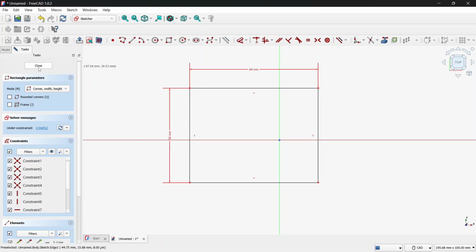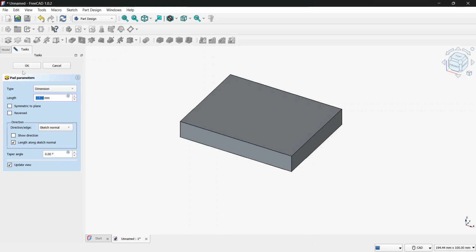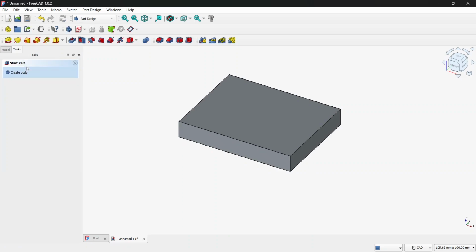So now we can click the close button and we need to click Path to create it. After that we need to click the OK button, and as you see, in this way we have used the Path